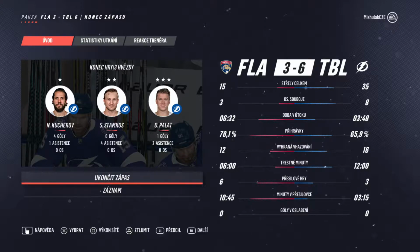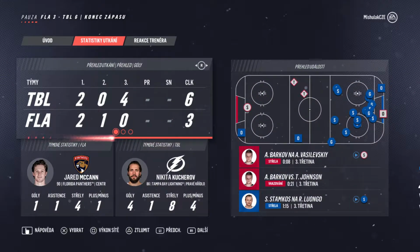A lopsided victory. I look at the shots and wonder if they didn't count the warm-up. No hesitation at all, and the thought process is what it should be. Shoot the puck,